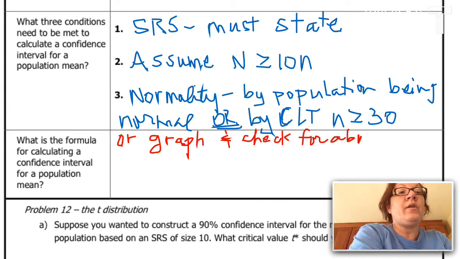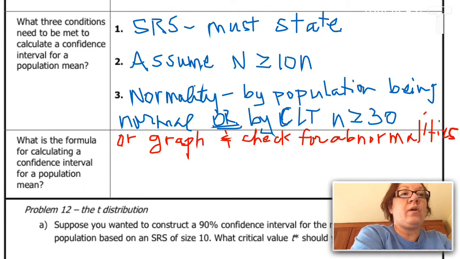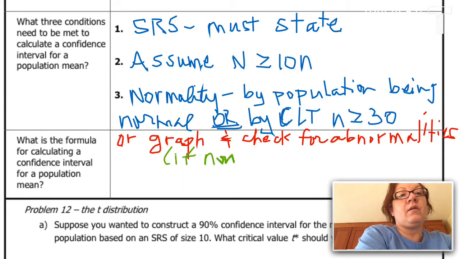And when I say abnormalities, we're really looking for outliers. And so if there aren't any abnormalities, we'll put that in here, if none, then we'll proceed